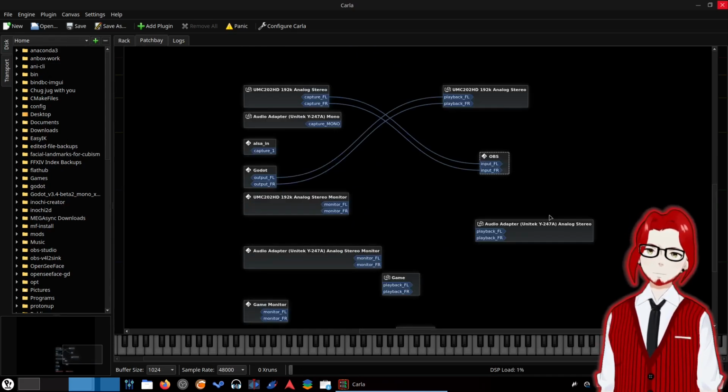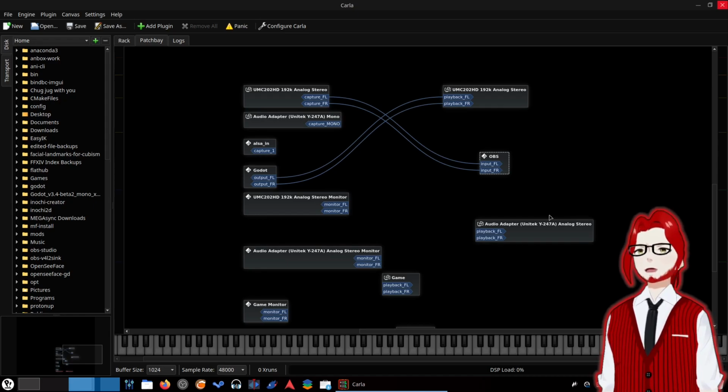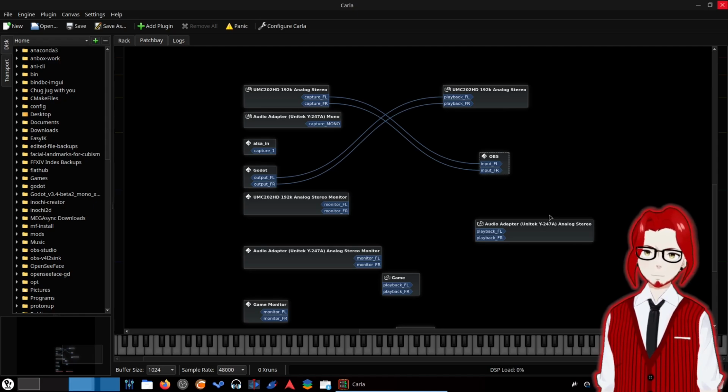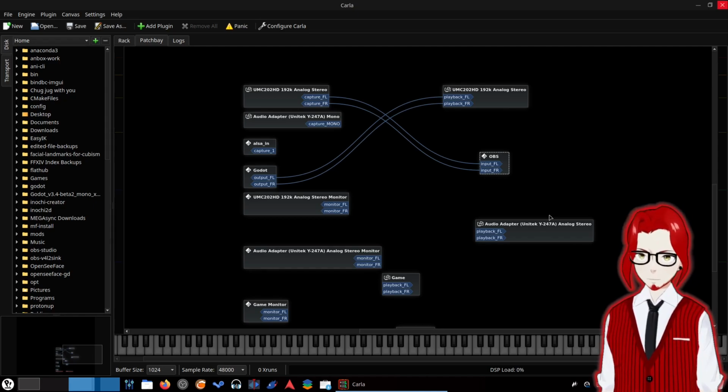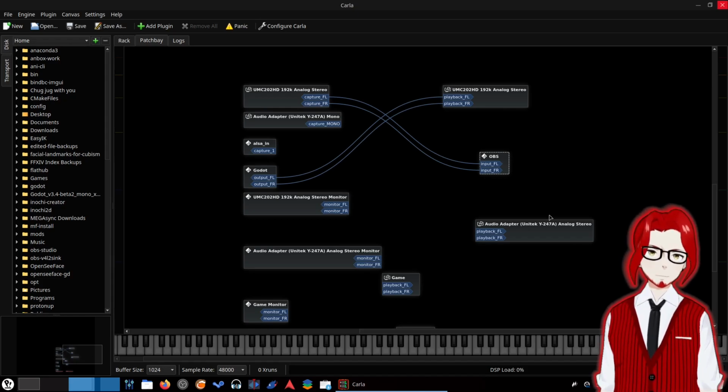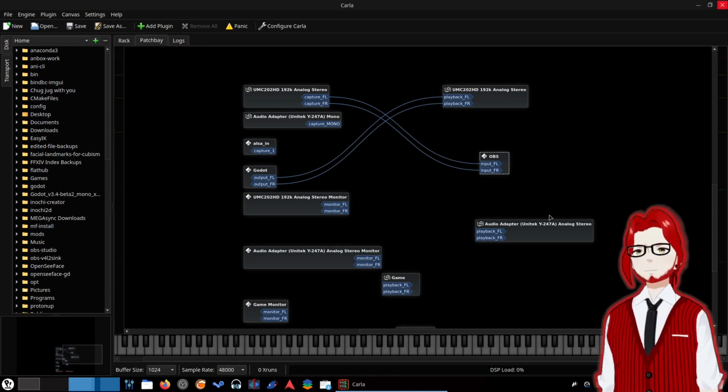Right now, there's not so many because the sources that you can connect to show and hide depending on what applications you have open, because you can do per application specific connections, which is really cool. Basically, what all those big fancy words means is that I can take a game audio and pipe it directly into OBS so I can record the game audio without recording anything else that's happening on my desktop, while still hearing everything on my headphones that is happening on my desktop. But OBS won't hear it, which is really nice when you're streaming. This is how everything looks.